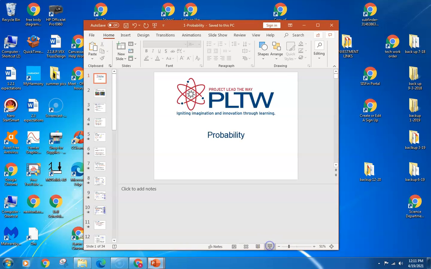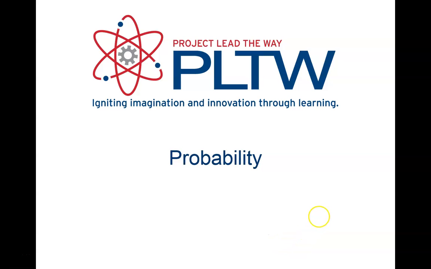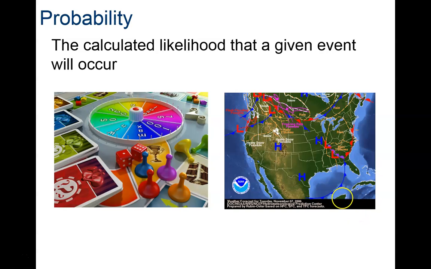Hello, today we're going to be looking at probability. It's a little chewy, this stuff, so bear with me. Probability is the likelihood that a given event or something will occur. We deal with it when we deal with games, a lot of probability in games. We also deal with probability in weather when they give you what % chance it is that it's going to rain